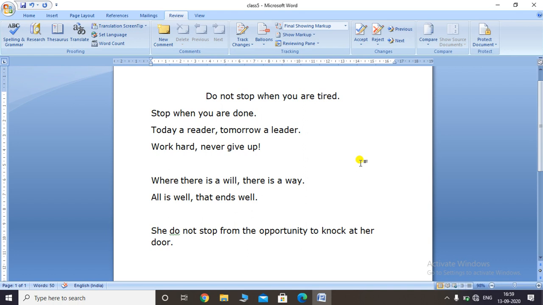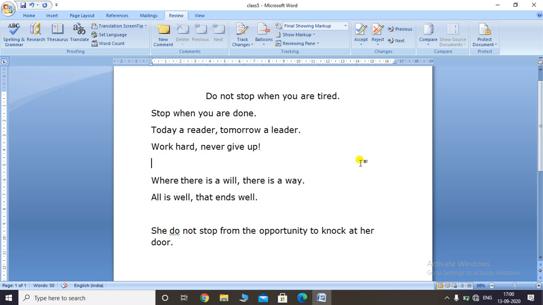So in today's chapter, first we will discuss the topic Find and Replace. So what do you mean by Find and Replace? The Find feature of MS Word helps to search for a specific word or text within a document. There will be times when you may need to replace a word or sentence in a document. The Replace feature is used in such a situation.